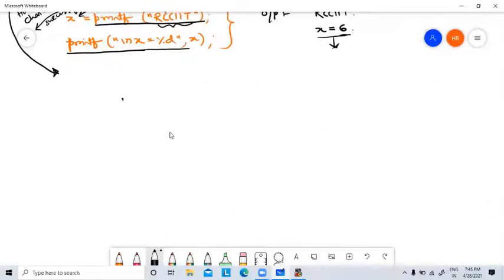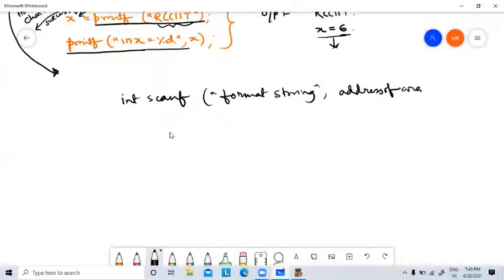The syntax of scanf is int scanf plus the format string, then address of argument 1, address of argument 2, dot dot dot. This is the syntax for scanf. And what is the return type of scanf? Integer. Means the return, so scanf will return how many